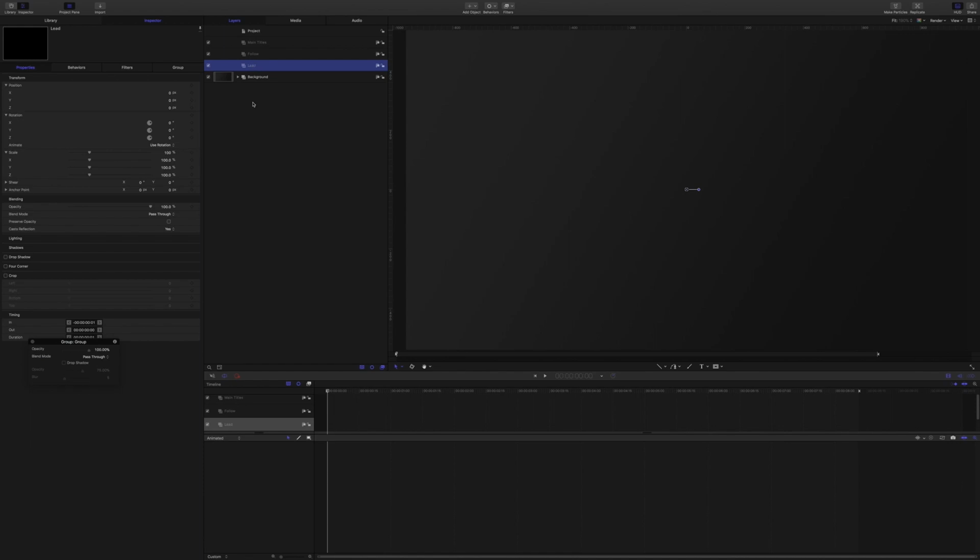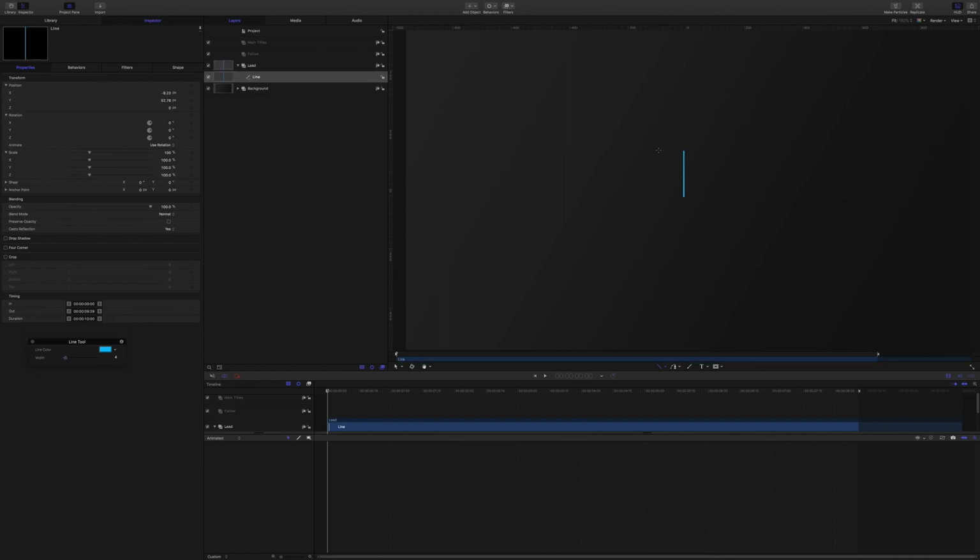So with the lead group selected, I'll grab my line tool and I'm drawing from bottom up. I'm going to hold shift and drag up to make a line in the canvas. Please make sure you go from bottom up, otherwise some of the later instructions will give you different results. I'll just rename this line as our lead stencil,